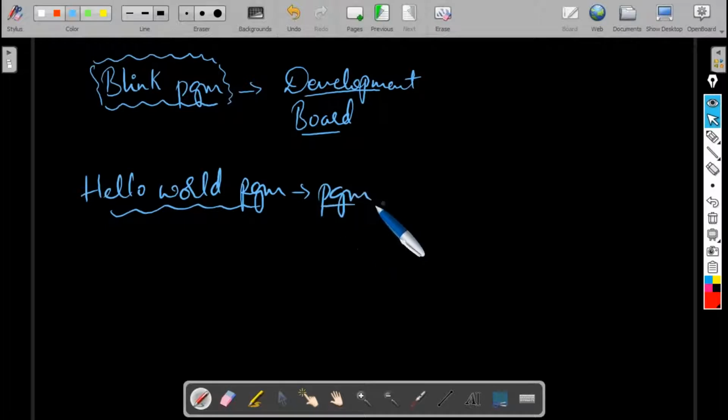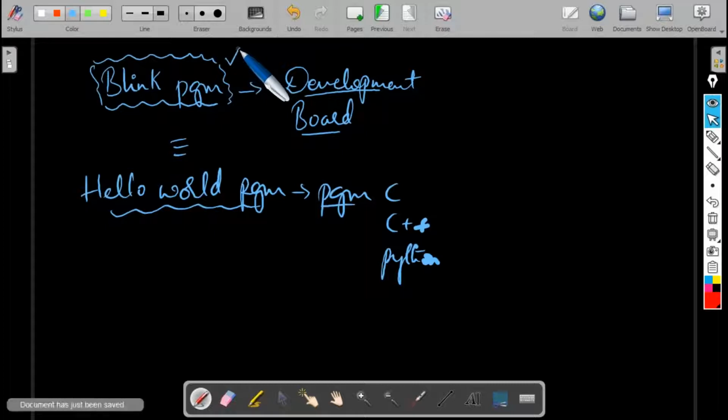You take up any programming language, be it C, C++, or Python, we always start learning with the Hello World program. In a similar way, if you're learning Arduino Uno, or any kind of ARM-based development boards, LPC 1768 or LPC 2148, we always start with a Blink program.